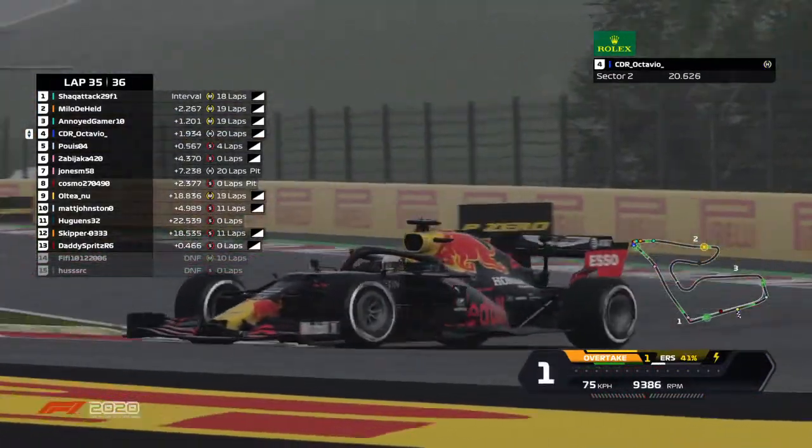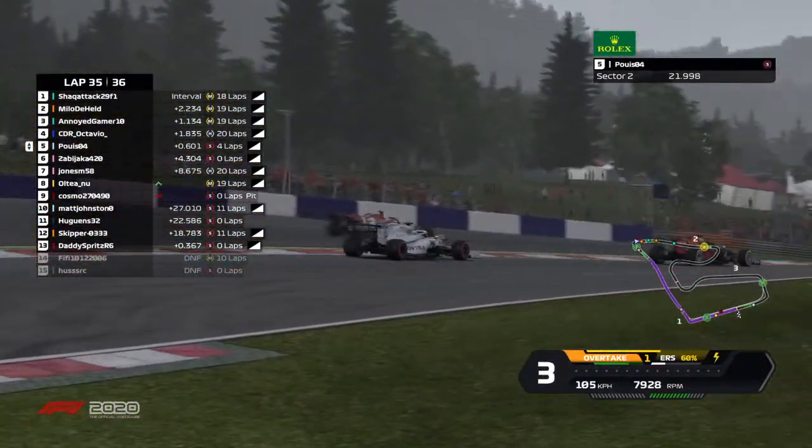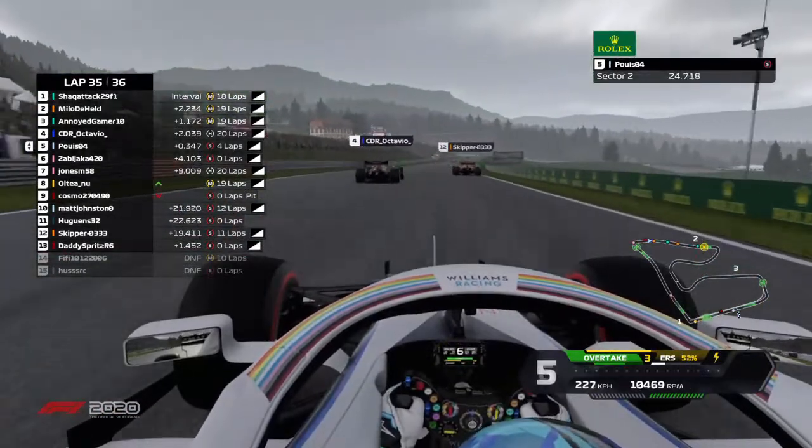The safety car's come too close to the end of the race, really. Oh, and someone's gone wide. I think that's just Daddy Spritz getting in the way. Fair enough. And now Pui,